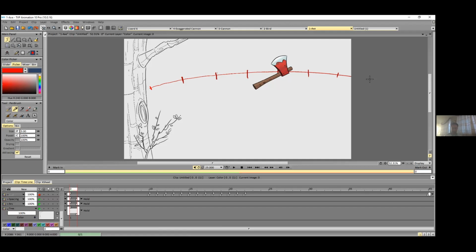Kişi fırlatacaktı ve balta hareketine maksimum bir hızla başlayacaktı. When it is in the hand, there would be an ease, but when the hand releases, the axe starts with its maximum speed and there would be no ease there. Balta hala eldeyken orada bir iz var ama elden çıktıktan sonra artık iz yok. Orada maksimum hızıyla gidiyor.